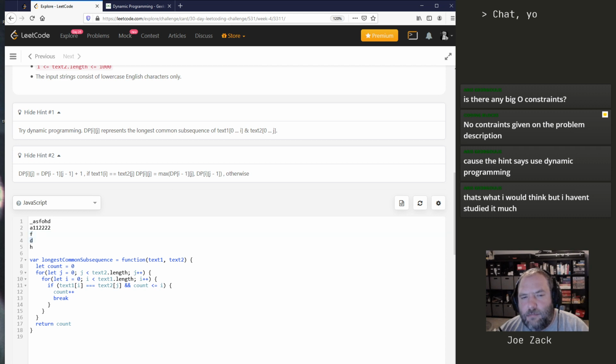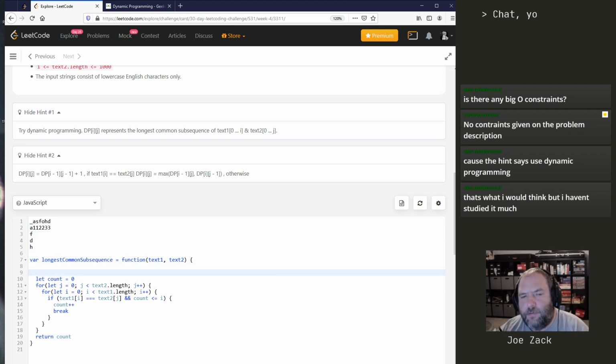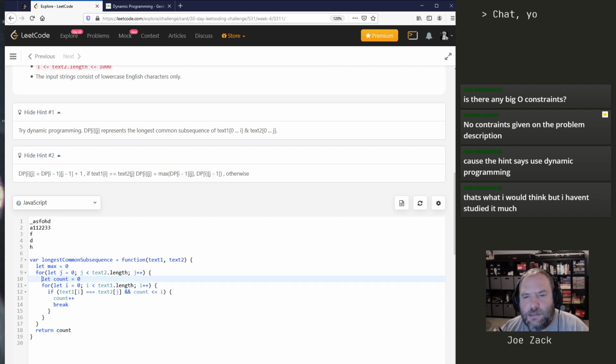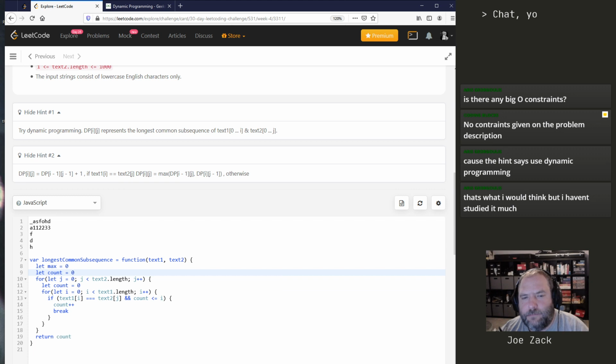Now we're looking at D. So we leave everything until it equals, okay. Now we're looking at H. Leave everything until it equals, increment. Okay. So we need to have a max at 0, and we still need a count, but now the count should always equal, start it at 0, and as we go through each row,